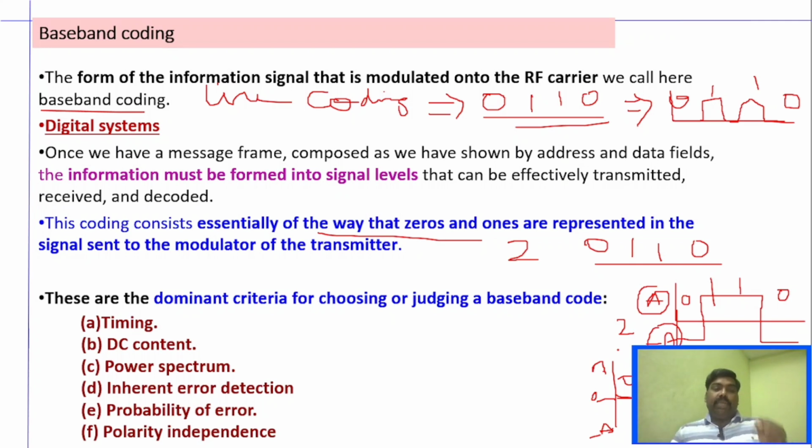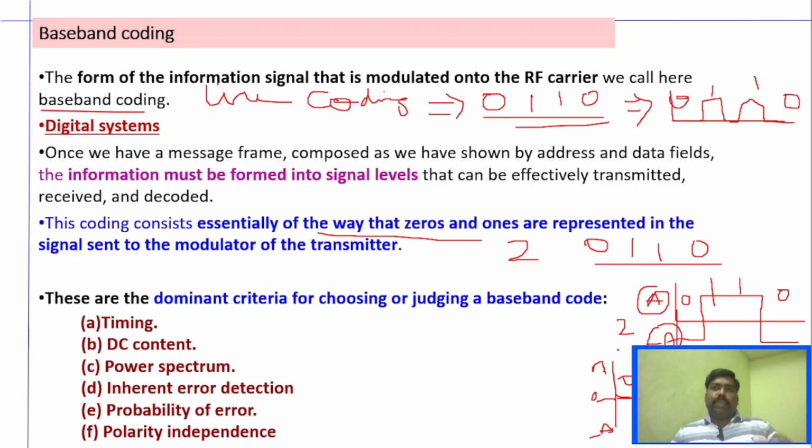As I said, timing, DC component, power spectrum, everything varies with respect to the coding which we use, right? And what is timing? Timing is very important for any line coding technique. Synchronization is very important, right? That is, whatever bit transmission that is happening in the